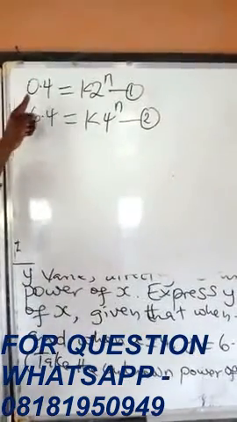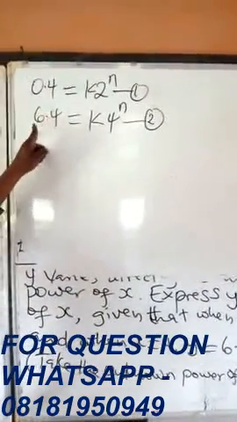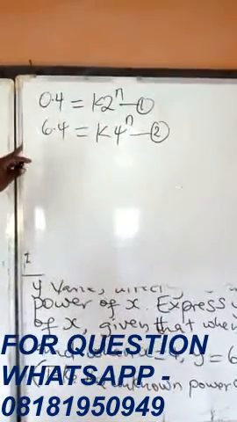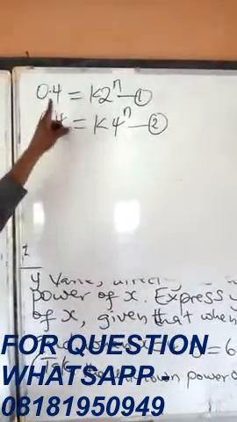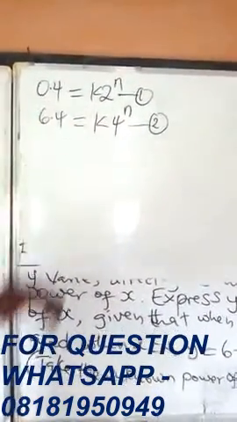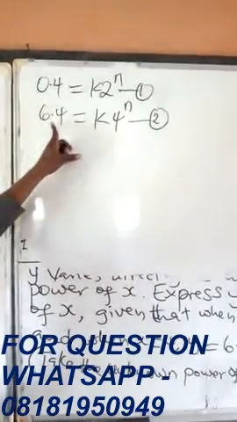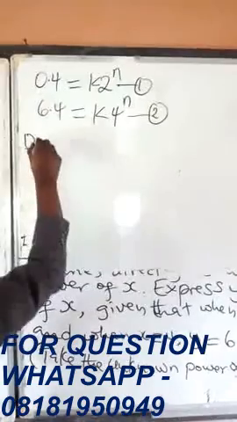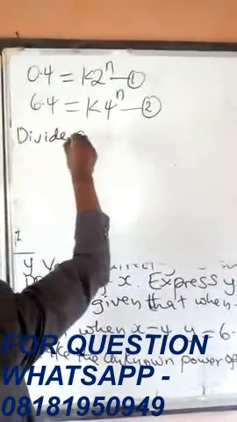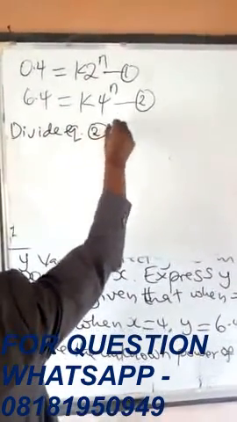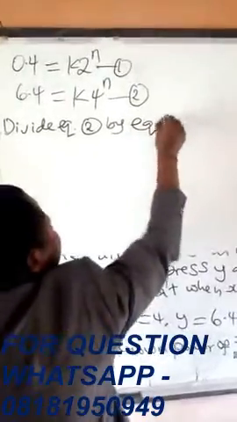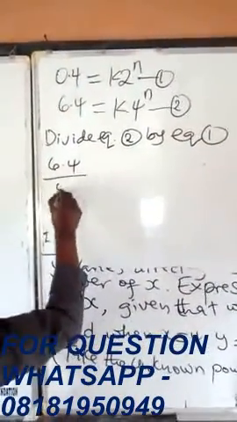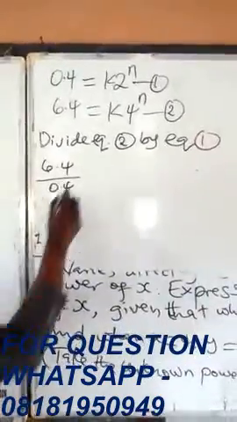Now, here we have 0.4. Here we have 6.4. You know that the lesser one divides the greater one. 6.4 is greater than 0.4, right, students? So what we do, we say divide equation 2 by equation 1. So equation 2 is 6.4, divided by 0.4, equal to